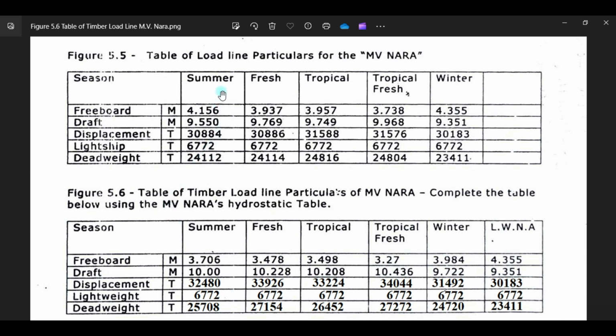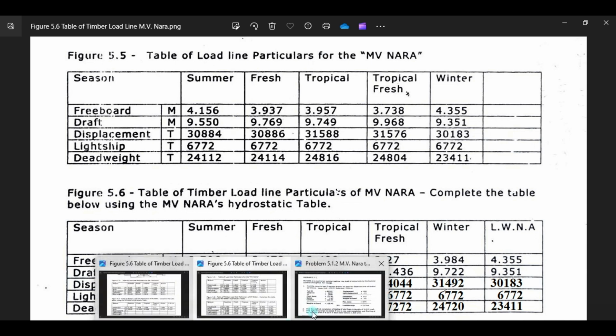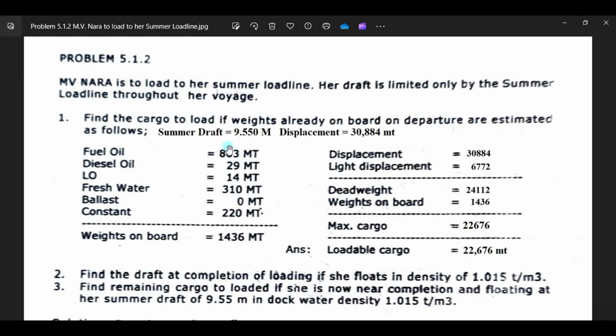Your maximum drop would be 9.55, and your displacement is 30844. So this will be your summer drop, and this will be your summer displacement, which is this one.